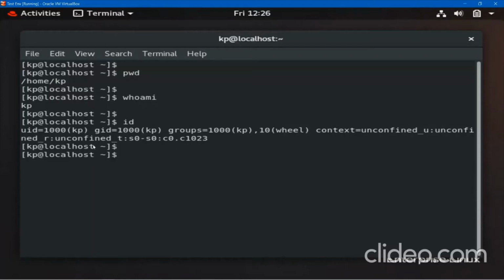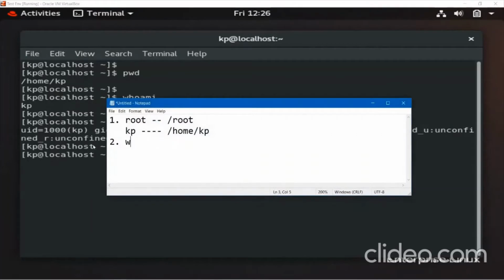You can make a note of this too: whoami shows the username with which you have logged in, and the id command shows the UID. If it equals 0, it means root user. Anything not equal to 0 means general user.